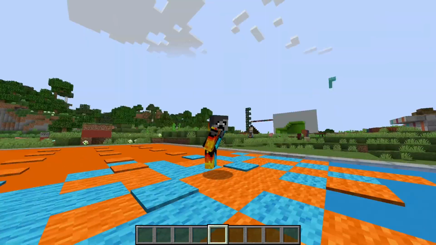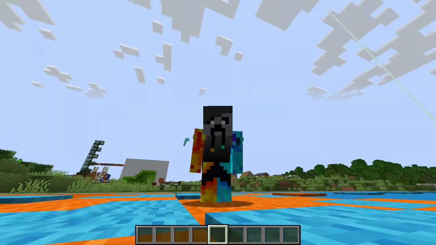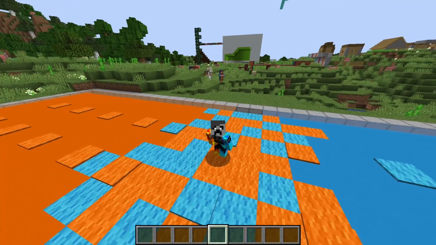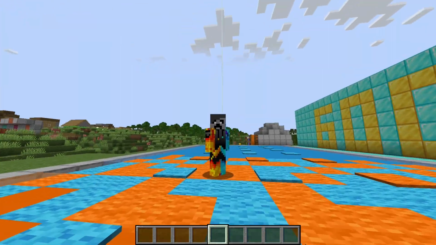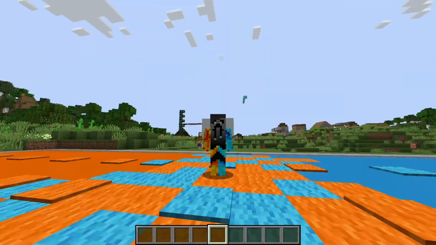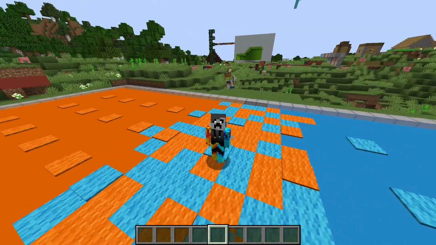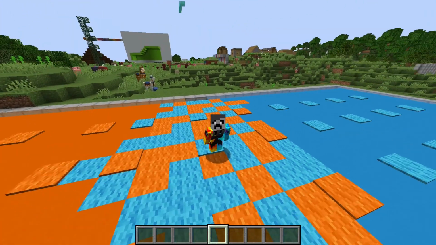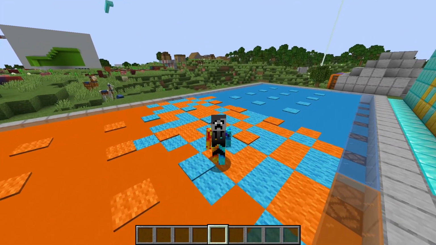Welcome to our video. In today's video, I'm going to be showing you how to make a texture pack that randomizes mobs' textures and also does some other cool stuff. For example, making a mob's texture change based on the name they have and giving mobs textures based on what